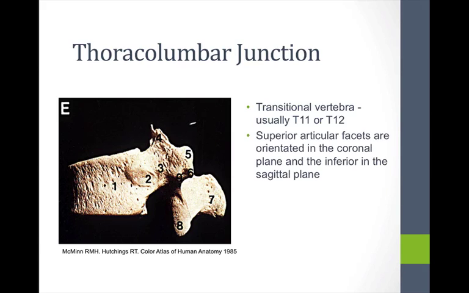The superior articular processes are orientated in the coronal plane, and the inferior articular processes are orientated in the sagittal plane. The articular processes of the upper part of the thoracolumbar junction have a similar morphology to the thoracic spine, while the lower thoracolumbar junction articular processes resemble the lumbar spine. This sagittalization is thought to be due to the change in the direction of weight transmission through the zygapophyseal joints